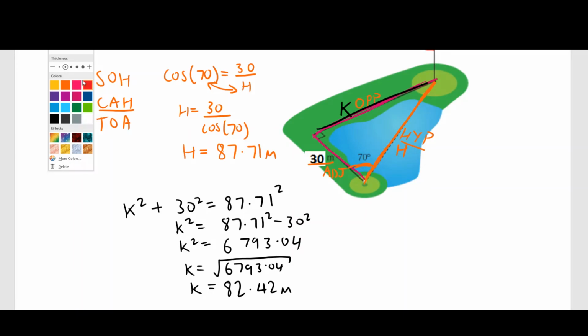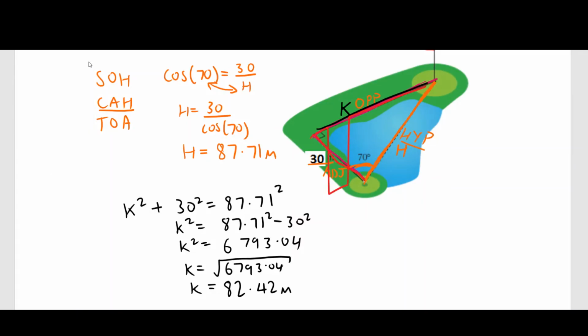So put it in the red. So this is the two hits. That first hit there, then there. The red. This bit there, and there. So the first hit is 30. The next hit is 82.42, which gives 30 plus 82.42, which is